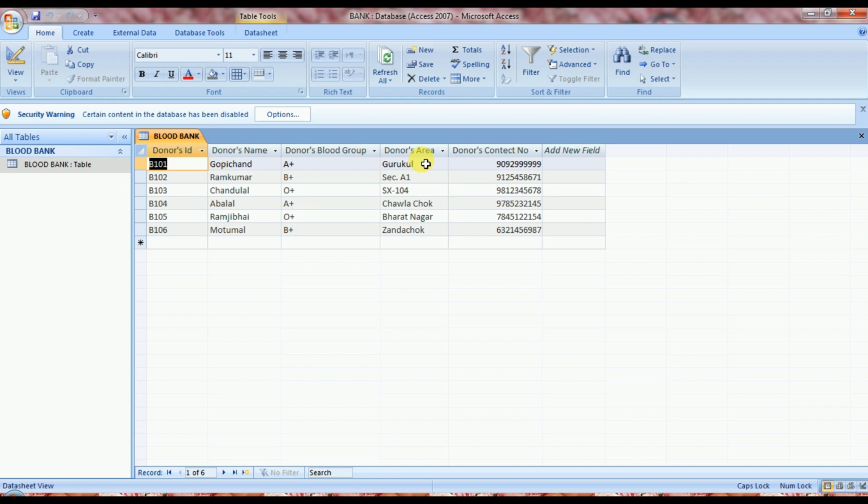Then donor's blood group, donor's area and donor's contact number. And you can see there are different types of data, means records, that I already entered here. Please observe this table properly so you can understand the queries when we try to retrieve our data from this table.